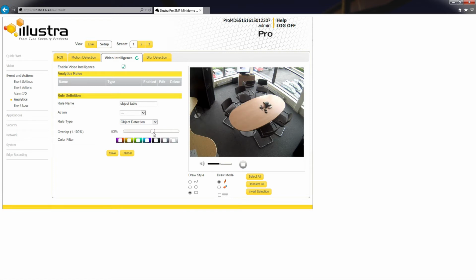So let's then draw the region of interest itself. And if I move over to the right hand side, you'll see we have some drawing tools here. So I have a free draw, I can draw a polygon shape, I can draw a rectangle. I'm just going to draw a rectangle on the table there, and I'm going to go ahead then and save